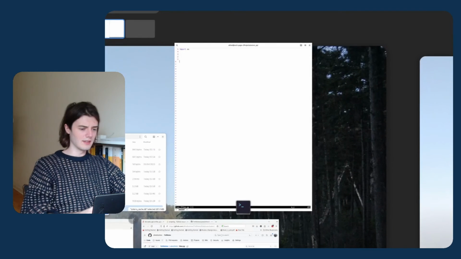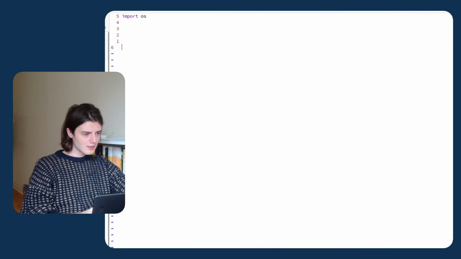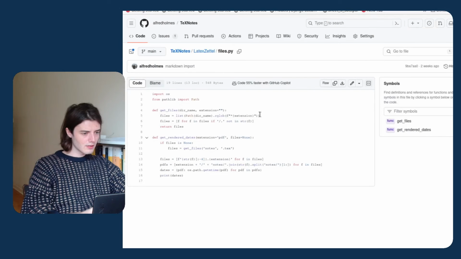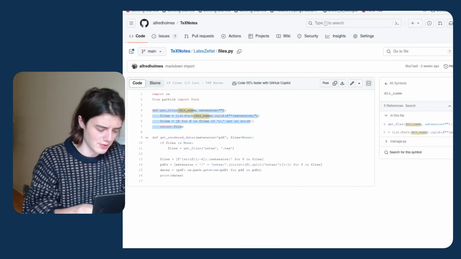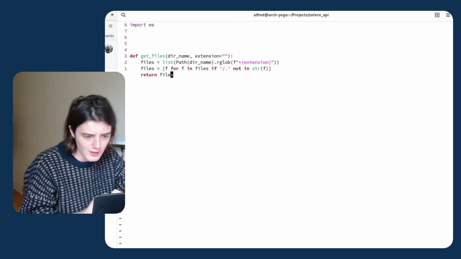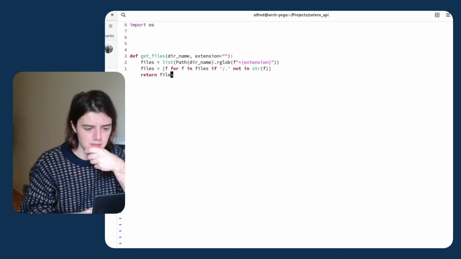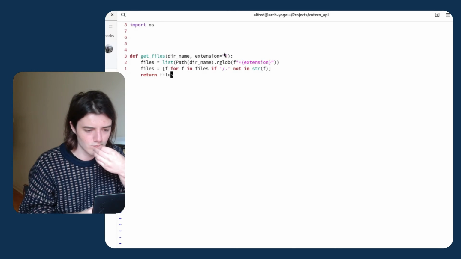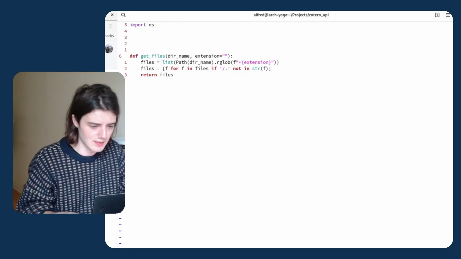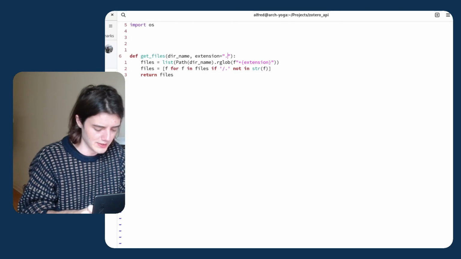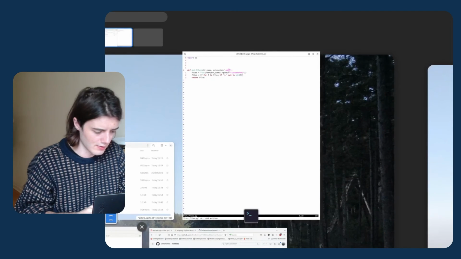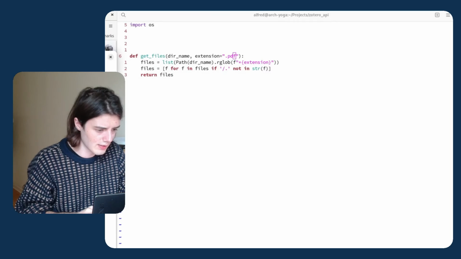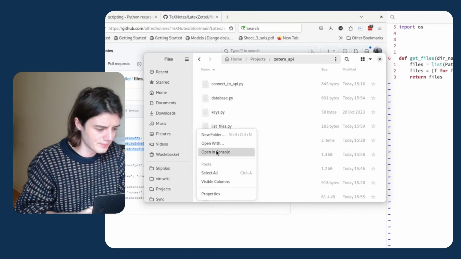So I have this function here that I'm just going to copy across. I think this should just list all the files from here. So let's by default put PDF. Now, so hopefully I think if we open a Python file,